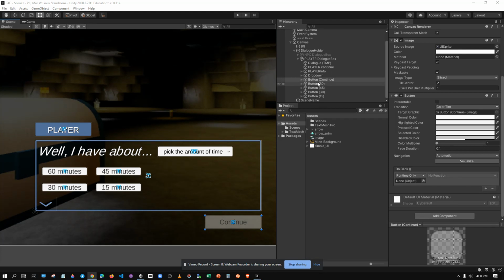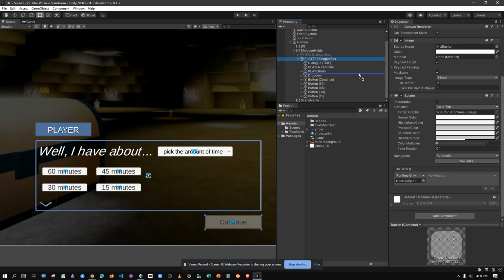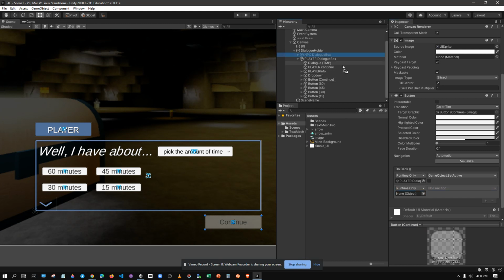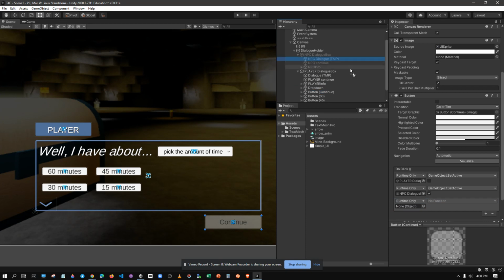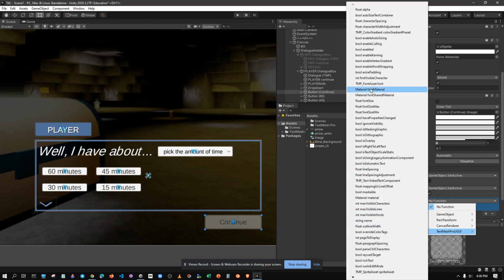So this continue button, when we click it, it's going to hide the player dialog. It's going to make the NPC dialog on. It's also going to get the NPC dialog, and in the text,